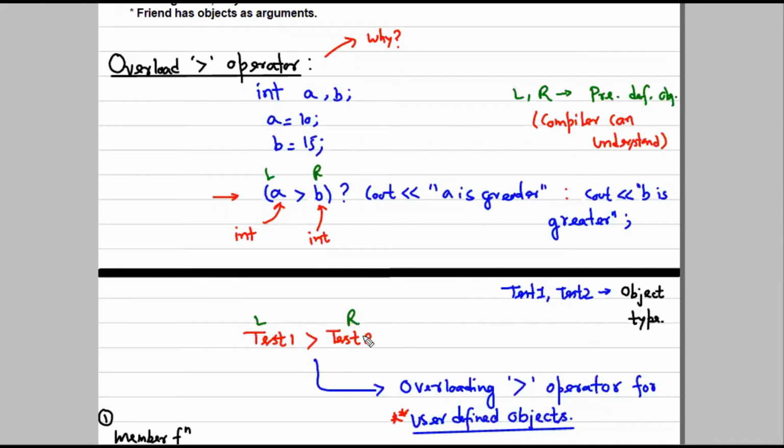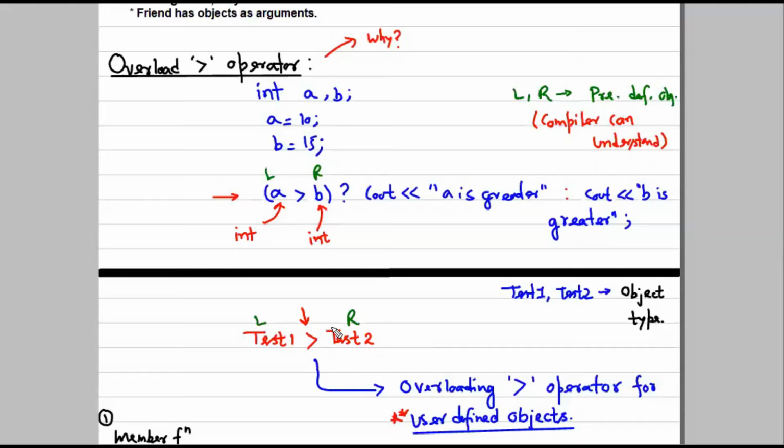Okay, user defined operands. When the compiler encounters user defined operands on both sides, it would say, I don't have the logic for that. If they are user defined operands, then the user should also provide the logic for this operator so that I can understand what to do with these objects or operands in case they are both user defined objects. So for that, we will overload this operator like we have done in the previous lecture.